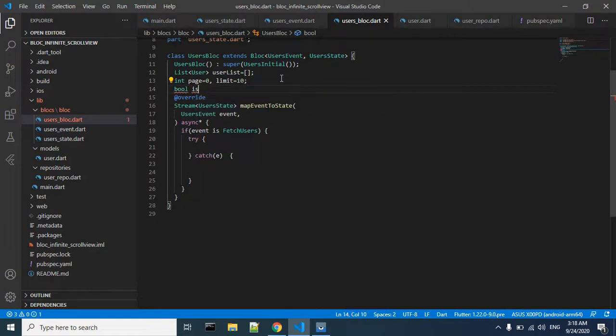And we will also have an isLoading boolean variable, which will be initially set to false. And once we have called this event, then we will set isLoading to true. And once it is set to true and we call this event again, then we will not be able to execute the code unless and until this code is executed completely. This loading will be set to true, and once it is completed, then we are going to set it to false to be able to call this event again. So we will be checking it,